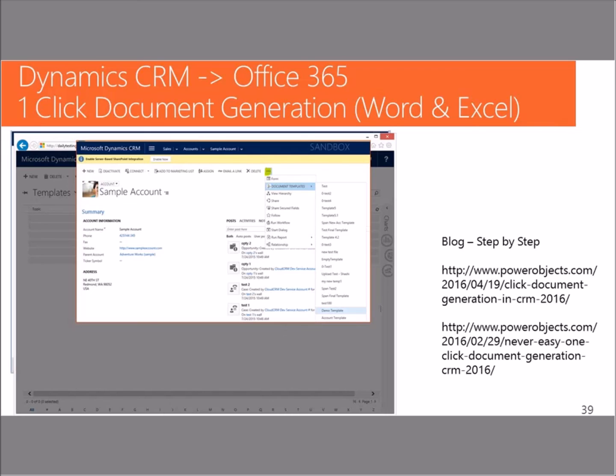So let's say I can create a Word template from accounts using this view with these fields, create my template, and upload it back into CRM. Now I can do a one-click document generation. It's literally one click for the merge to happen. The merge happens server-side. So I can create an account overview template, an invoice template, an opportunity overview template, all in Word or Excel.